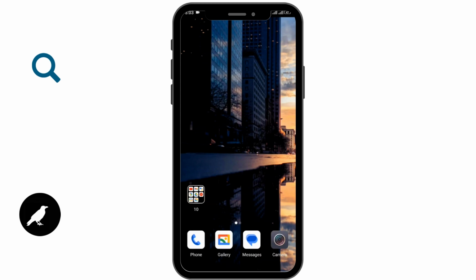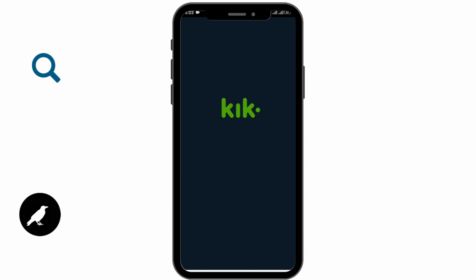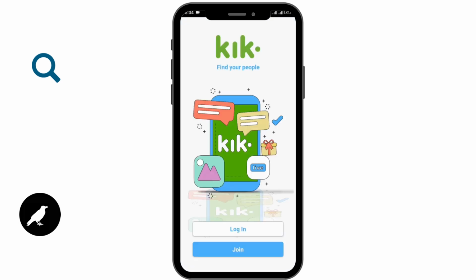Now let's get into the video. First of all, you need to open up your Kik Messenger application on your device. After opening, you'll be able to see this interface on your screen. Since we are trying to log in, you have to go for the login option, which is in the lower button